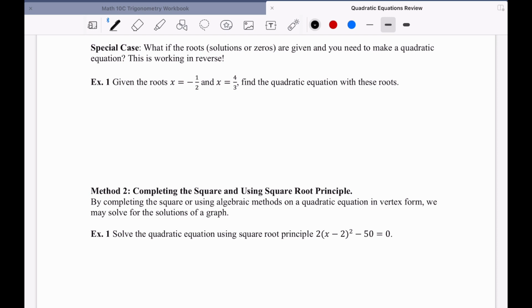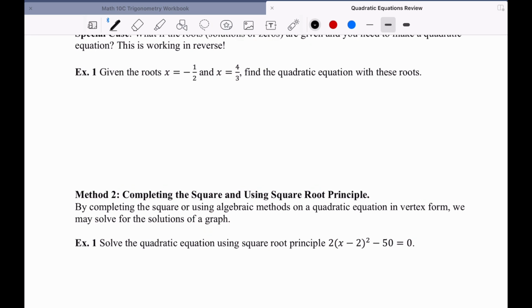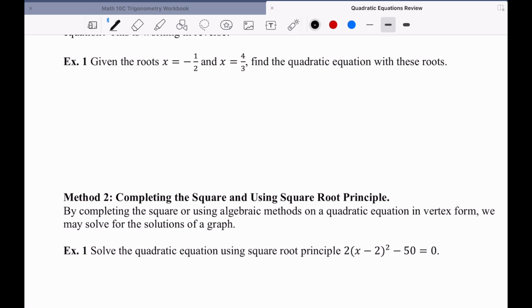What if the solutions, roots, or zeros are given at the beginning and they say, let's make a quadratic equation? Now we just have to work in reverse. If we're given the solutions, then let's work backwards and see if we can construct this equation. So with each of these, I know that to get the specific root, I had to isolate for x. To undo that, what we're going to do is take this first one, x is equal to negative 1/2,